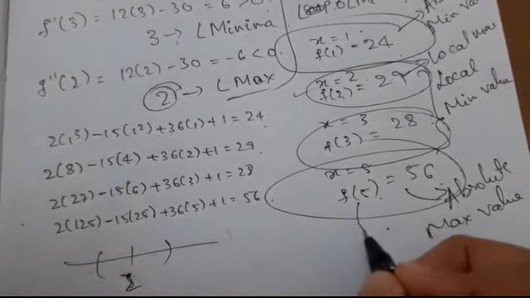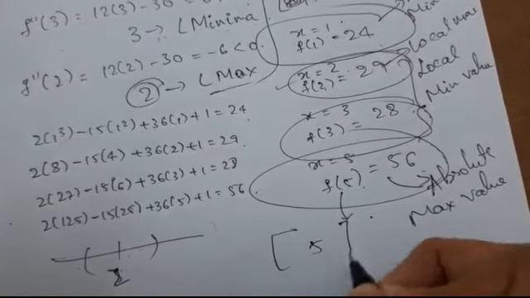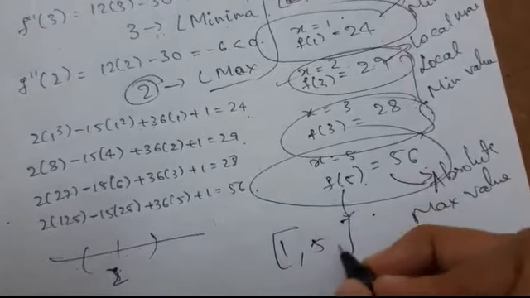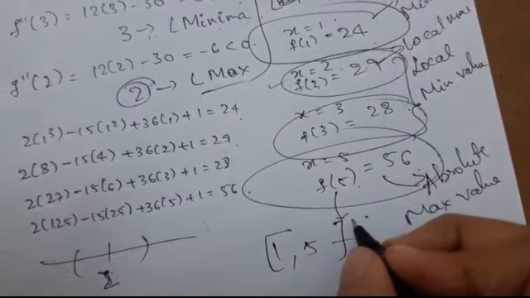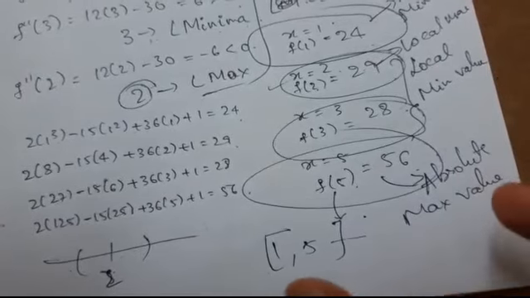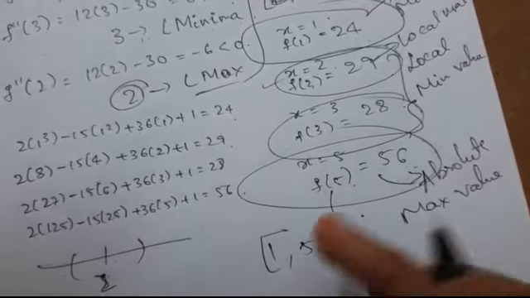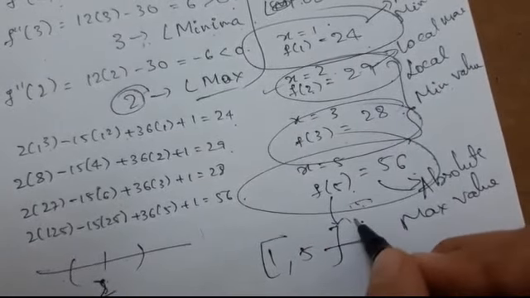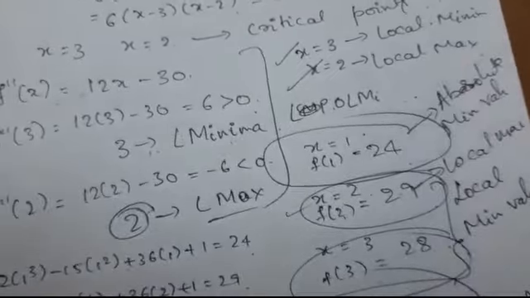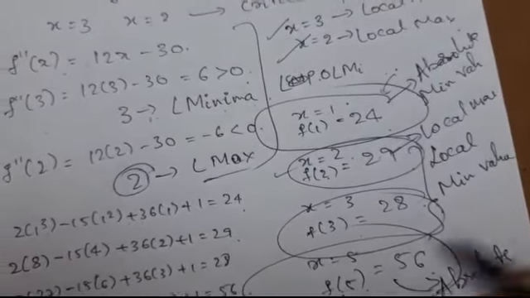So when I am talking about 5 here, since it is a closed interval [1, 5], I can't take the interval towards the right side of the 5 to check whether it is the local maximum value. So there is no interval towards the right side of the 5, so we can't say this absolute maximum value has a local maximum value. Similarly, here also we cannot say this value has a local minimum value.